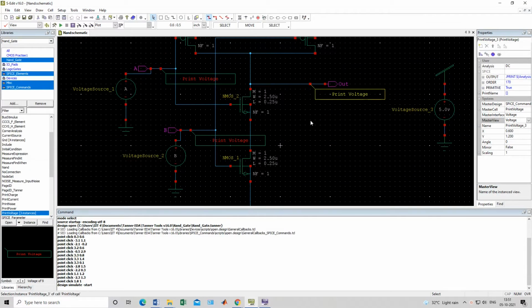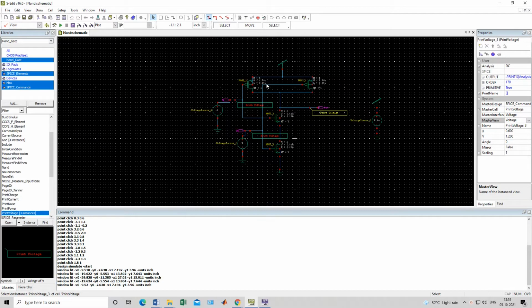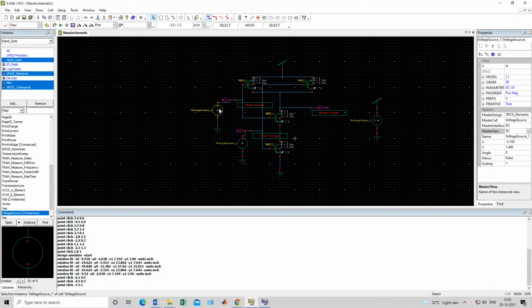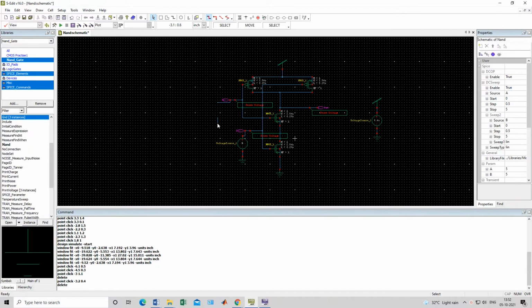In today's experiment, we will construct one half adder using this NAND gate only, which we have constructed here. Everything will be the same. For the half adder, we will convert this NAND gate into symbol form. For converting it into symbol form, we have to go to cell and generate symbol. But before that, remove this voltage source, all these voltage sources and their connections.